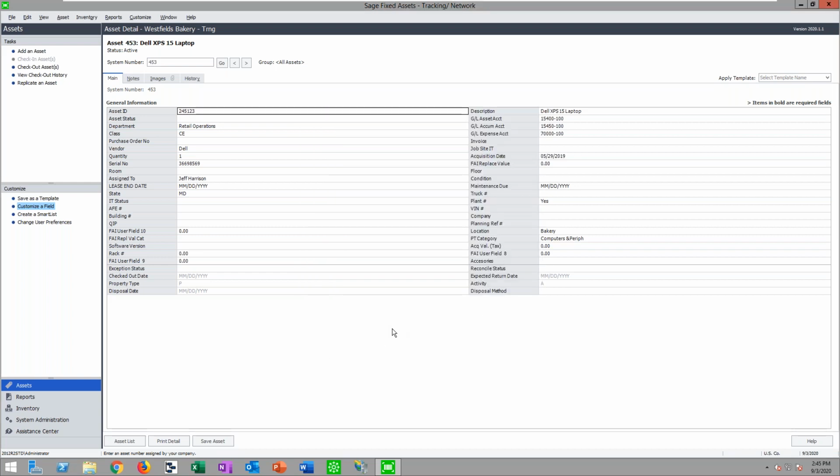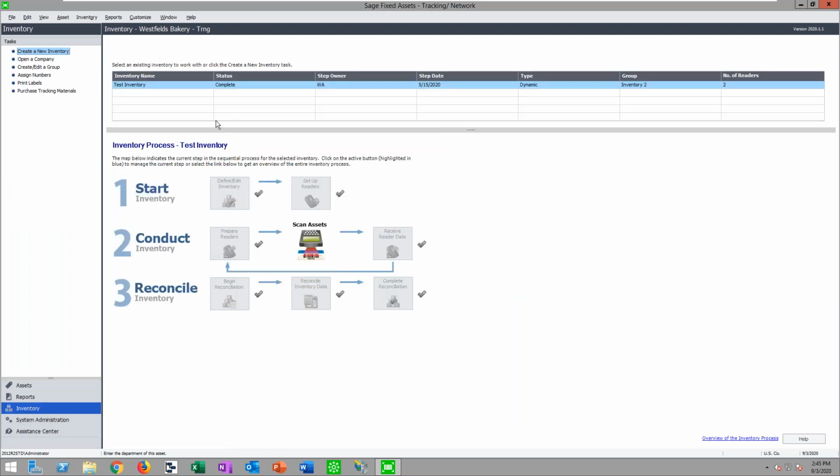But I would recommend being careful to ensure that you're using the fields that are shared between both sides to capture things such as department, where the asset actually is physically, who it's assigned to, and so on, so that if someone is actually doing an inventory here, they can update that information. Now, you can push out multiple inventory lists to multiple users at once, and those users that are actually using